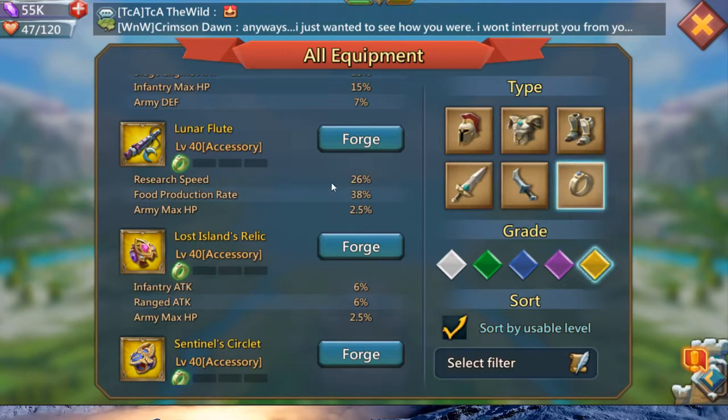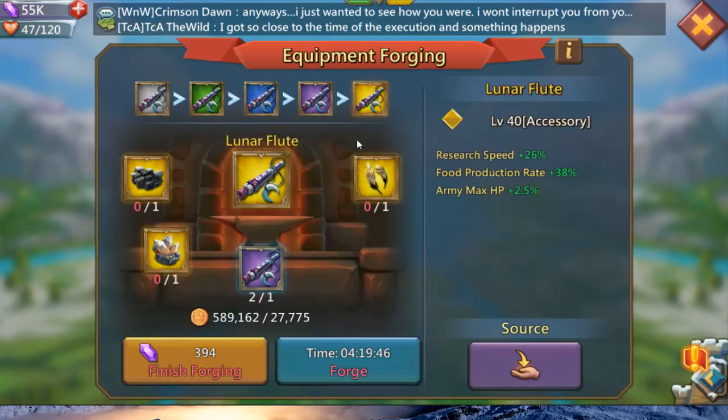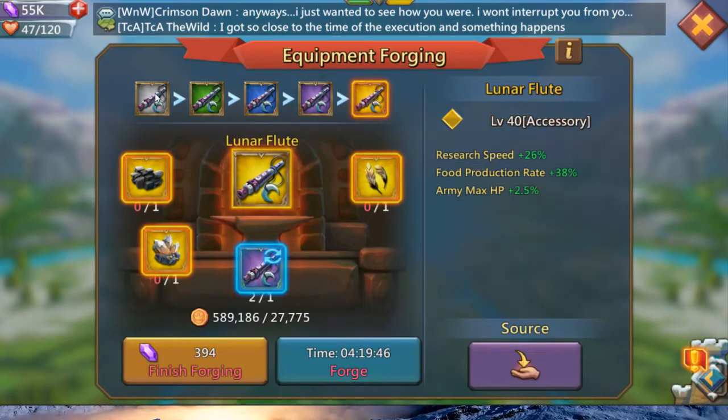So crafting these types of equipment will lower the time that's required for the researches. But if we open this up, say we want to forge this, one of the primary,